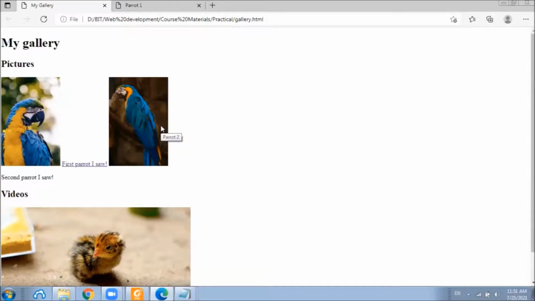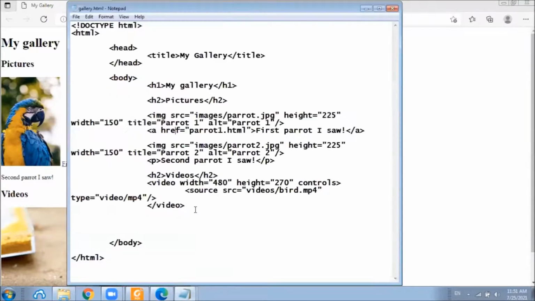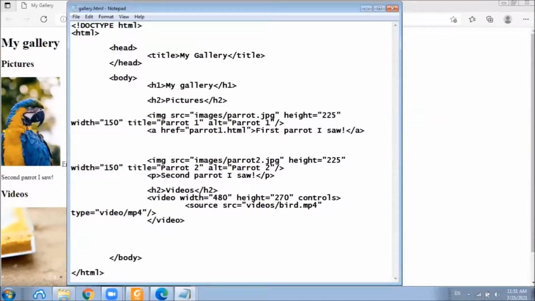To avoid such behavior, we can use the break lines or break HTML tags. What we will do here is we will insert a break tag here.